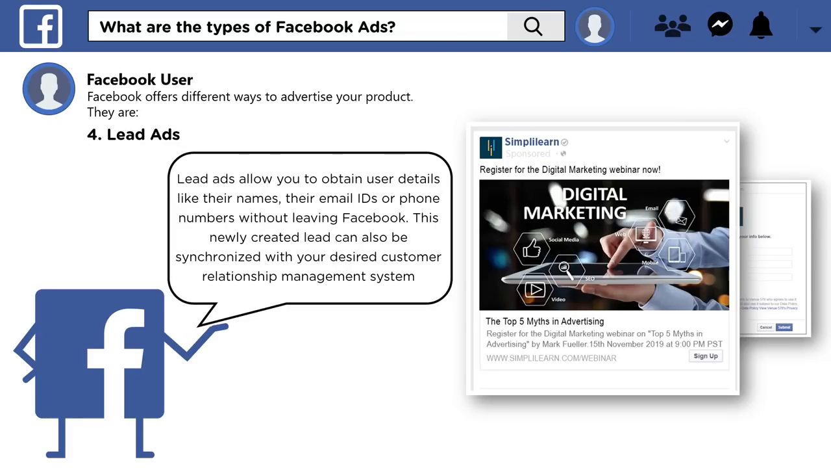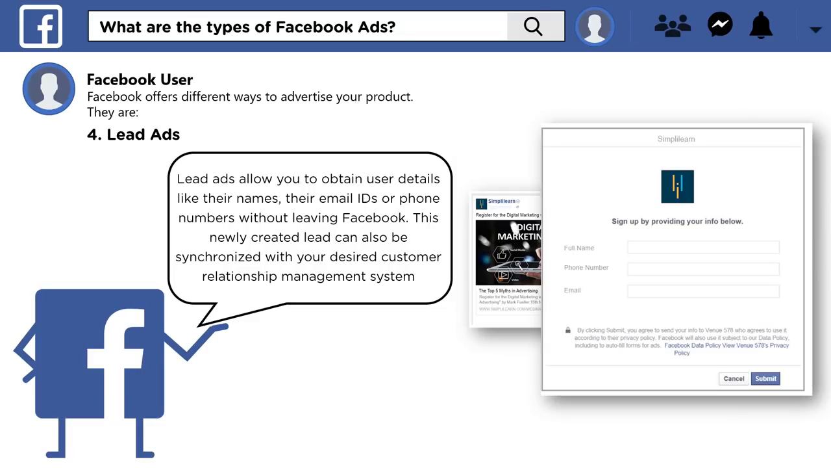So Facebook also allows us to advertise something called lead ads. And what lead ads allow us to do is obtain user details. Okay, so we can acquire or get an email address or phone number from somebody who's interested in our product or service, and that person doesn't even have to leave Facebook. So if you look here in the example, here we have the ad, somebody clicks on sign up, and they